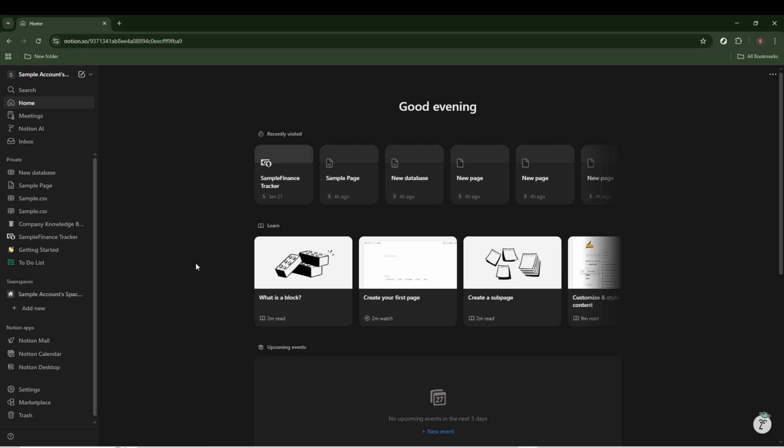In today's video, I'm going to teach you how to build a shopping wish list system in Notion. This tutorial will walk you through creating a simple yet powerful wish list where you can save items, track prices, organize priorities, and plan future purchases all in one central place. Whether you're shopping for personal items, gifts, or long-term goals, Notion makes it easy to stay organized and avoid impulse